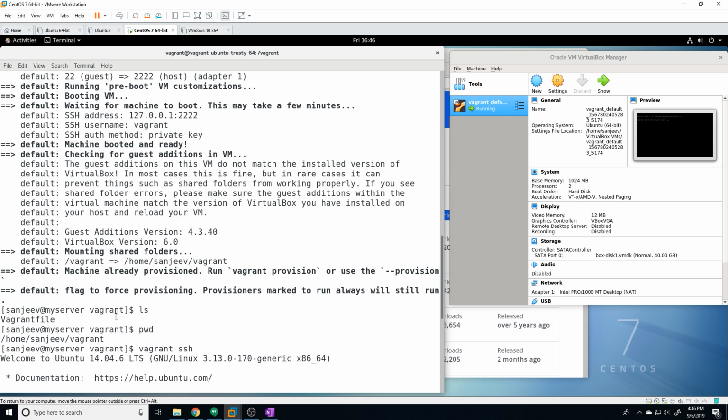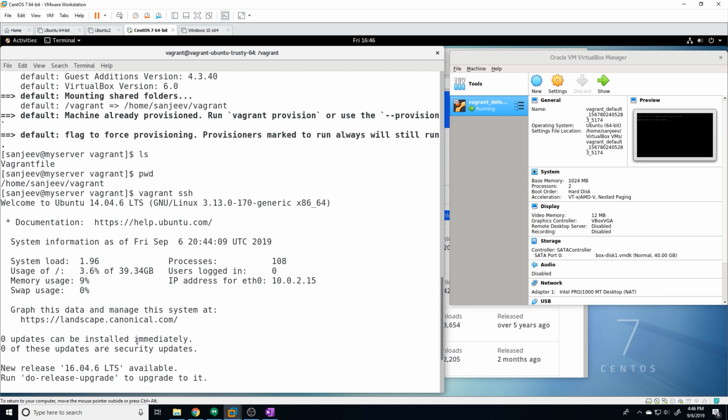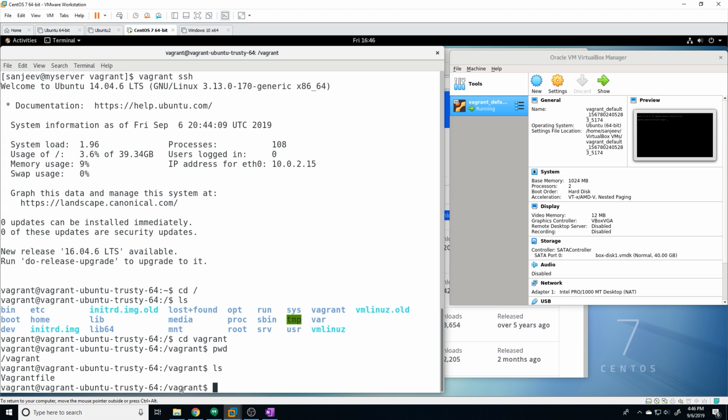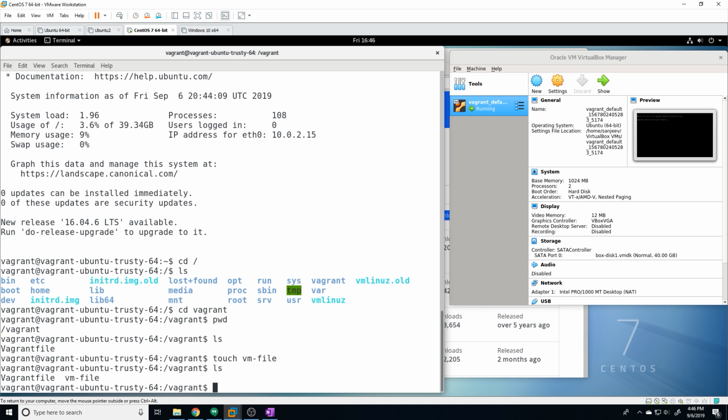So this directory, /home/sanji/vagrant, is getting synced with the /vagrant directory on this virtual machine. So if I create a file, and I'll just call this, touch, we'll just say virtual machine file. Now if we do an ls, we can see that there's 2 files in this directory,